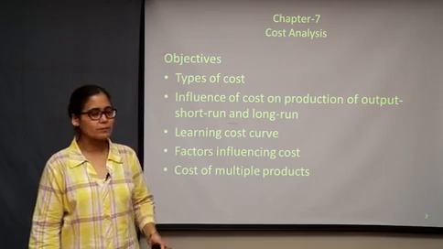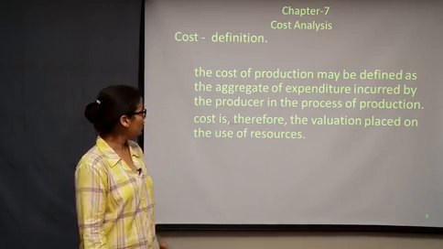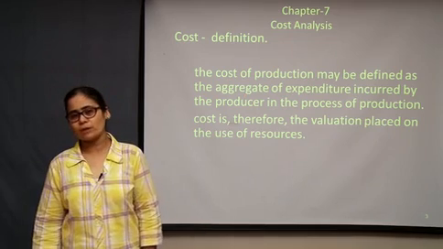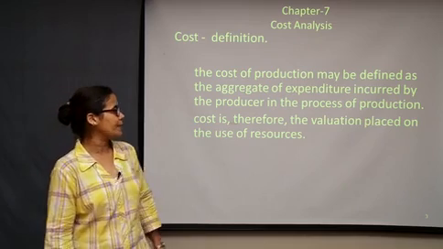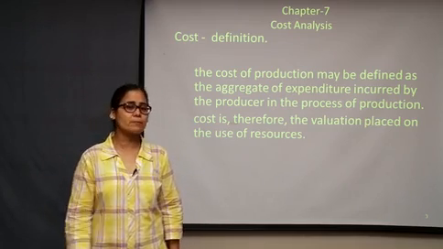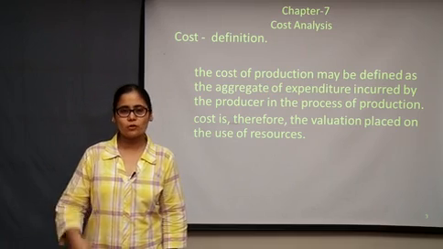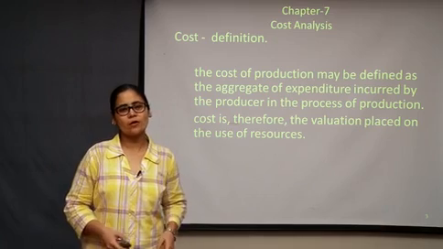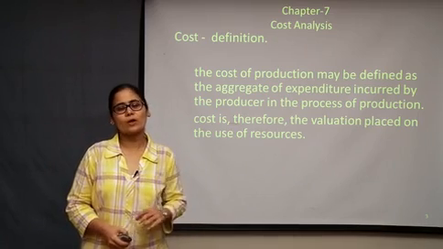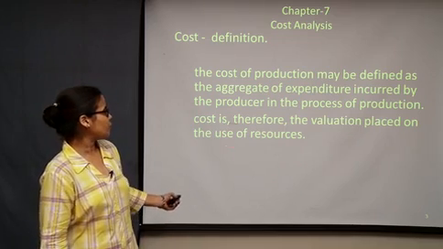Let's begin this chapter with the meaning of cost. Here you can see that when we talk about the definition of cost, it refers to the aggregate of expenditure which is incurred by the producer in the process of production. So, the objective of understanding cost in economics will be purely from the production angle and the valuation placed on the